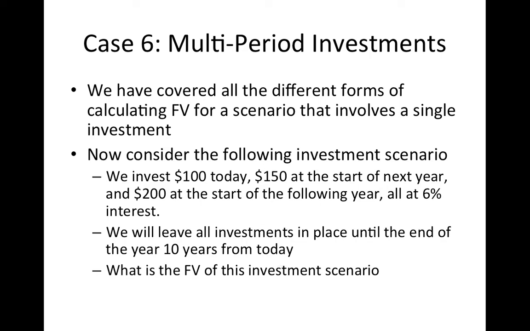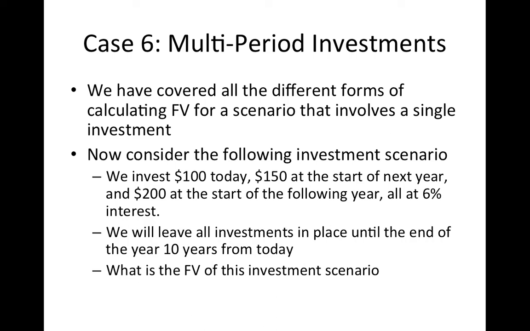All right. I have one last case, and then we're done. And again, I apologize, this is such a long segment, but there's sort of a lot to go over. We have now covered pretty much every different form of calculating future value in a scenario where you have one amount of money that you're going to invest, and it's just a question of how long, at what rate, and what the compounding is. Now we're going to extend this to what happens if I'm going to make my investments over multiple years. And so we would call this a multi-period investment.